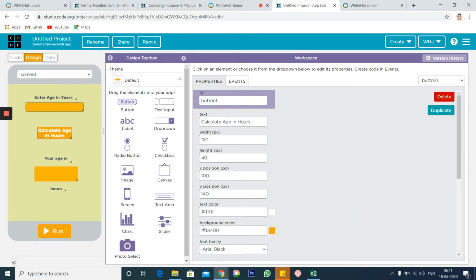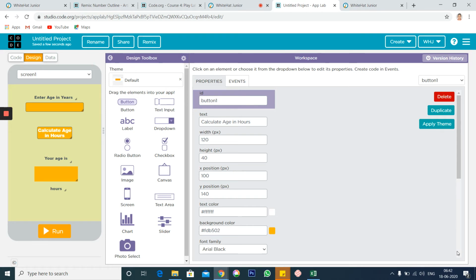I can make my button also the same color. Go to the background color, copy, paste. So all these three are in the same color. Looks better, no? So we will make all these three tabs the same color and the background a lighter color. The choice of colors is your choice. You can do whatever colors you want. The only thing is to make the app look nice and neat. When it's aligned, it looks very neat, and the color combinations and all that is your creativity. So design is done.